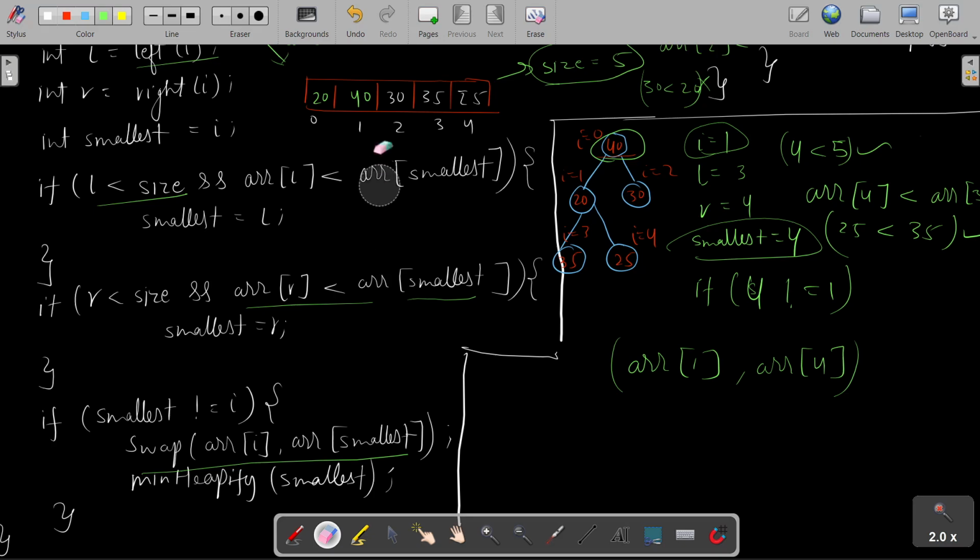Now let's swap the values here. ARR of 4 is swapped with ARR of 1, so 25 comes at index 1 and 40 goes at index 4. So now we get the array this way, and now we're going to call min-heapify of smallest, which is 4 now, right? If we call min-heapify for 4,